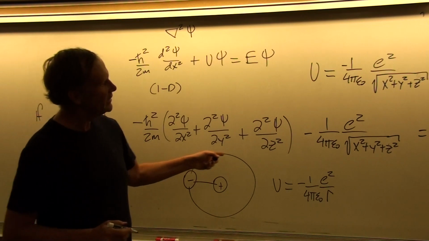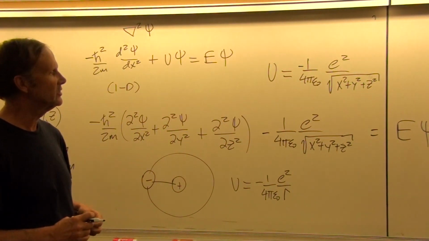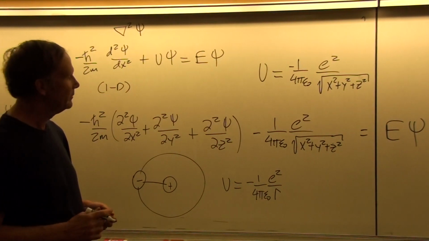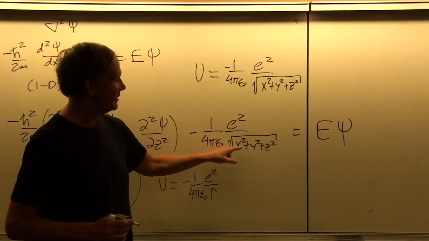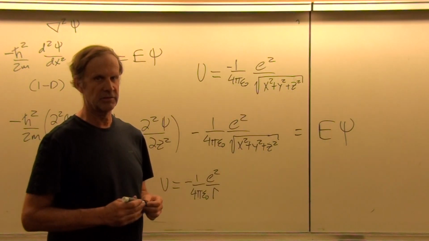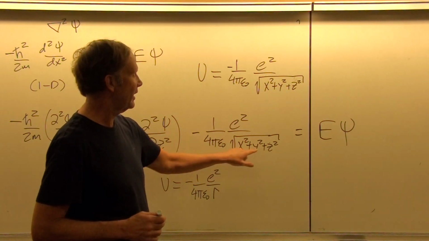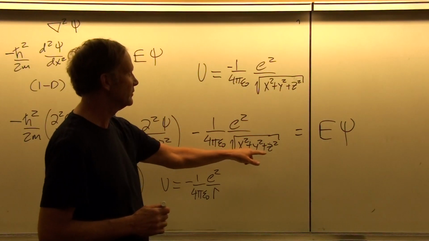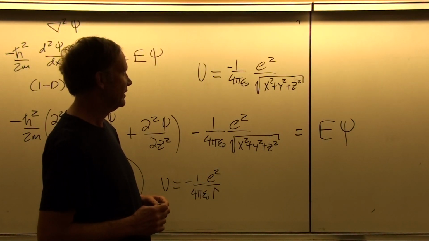Okay, and so this is the correct version of the Schrödinger equation for the hydrogen atom in Cartesian coordinates. The problem, though, is the square root factor. The square root factor makes it impossible for you to separate this out into functions that are strictly in terms of x, y, and z as product functions. It's impossible to factor this properly in order to get the sort of solution that we're looking for.